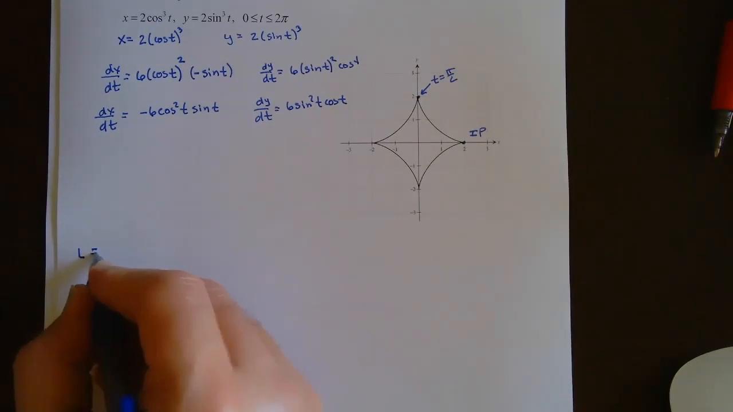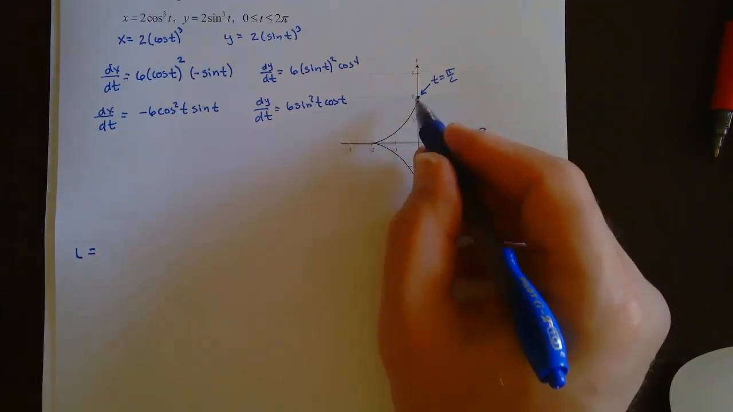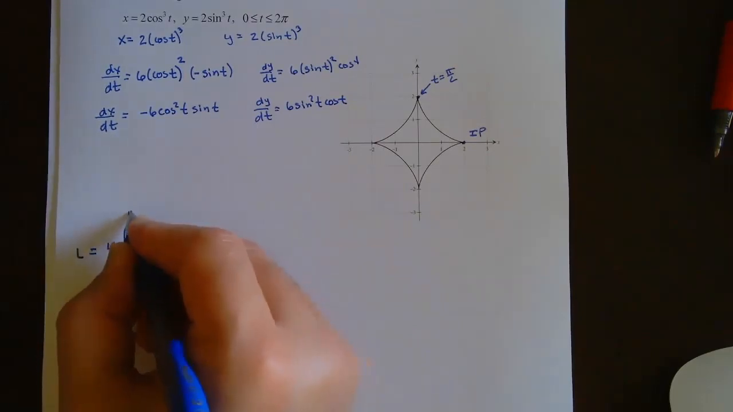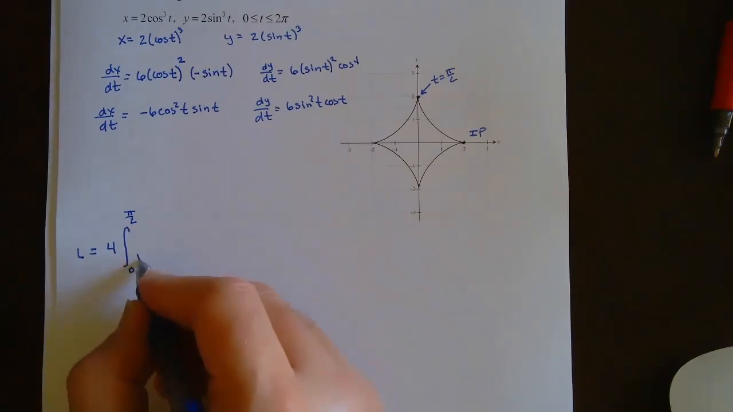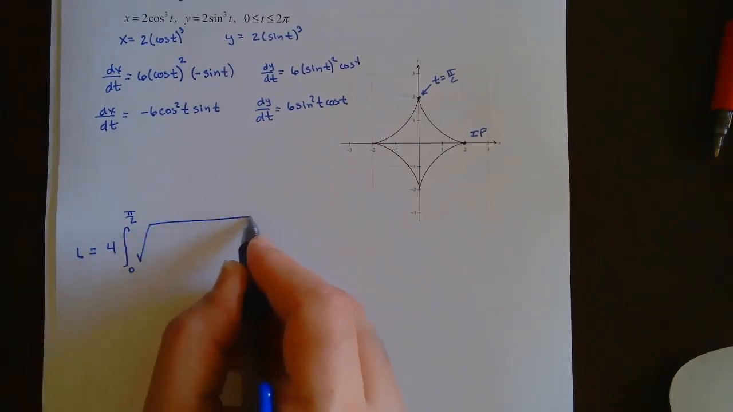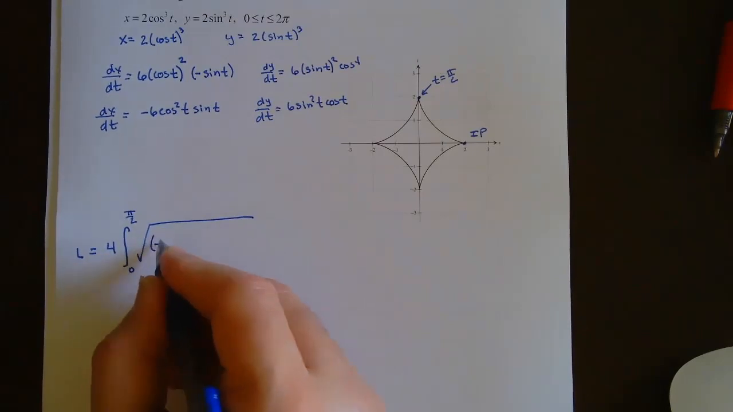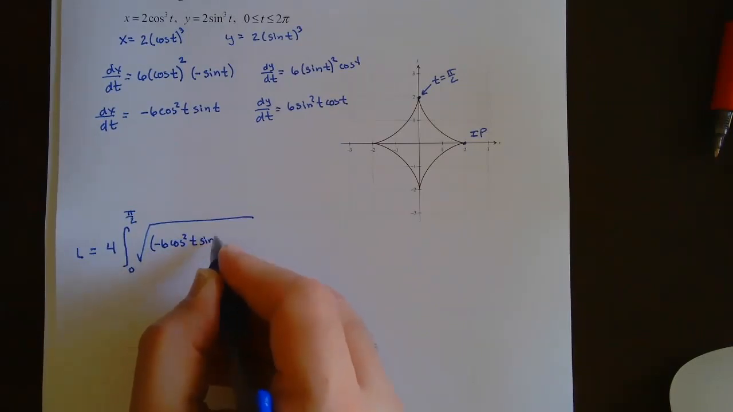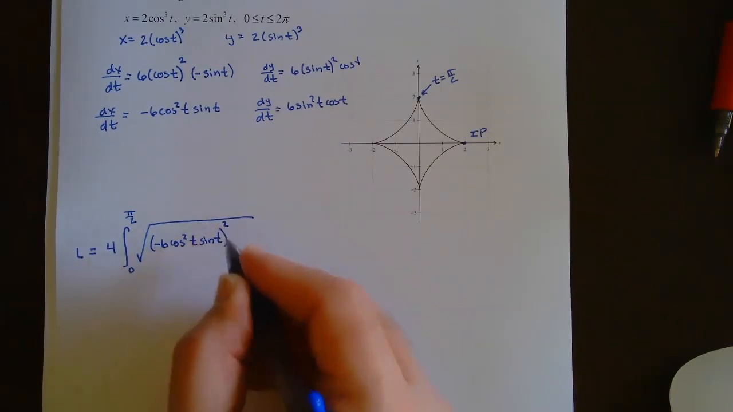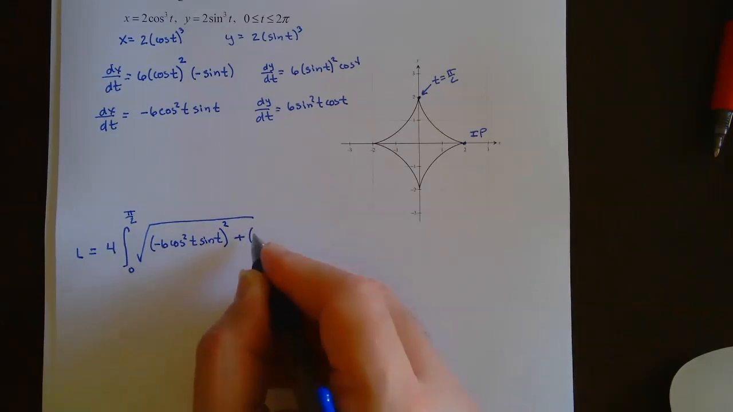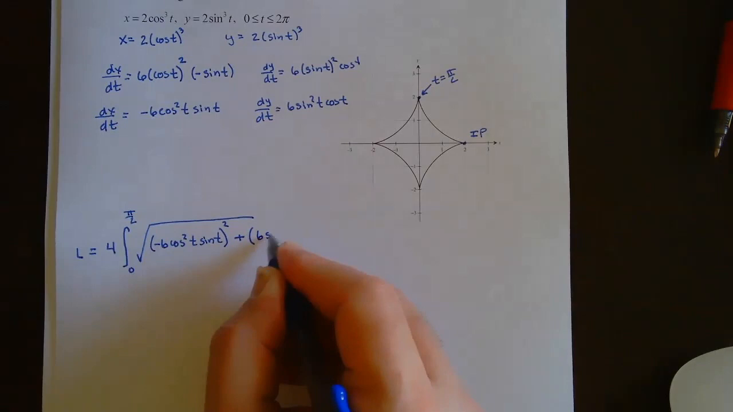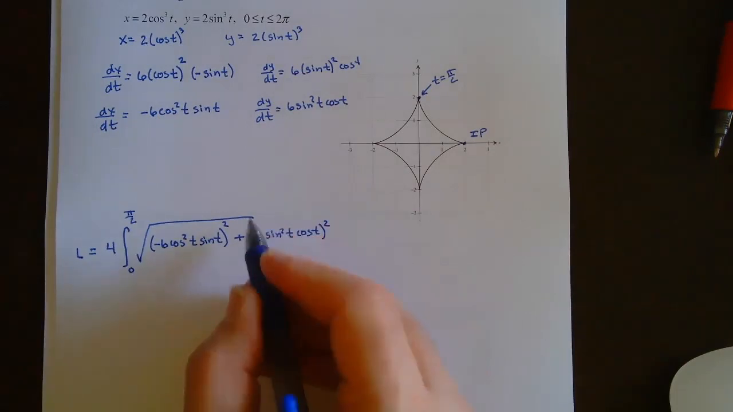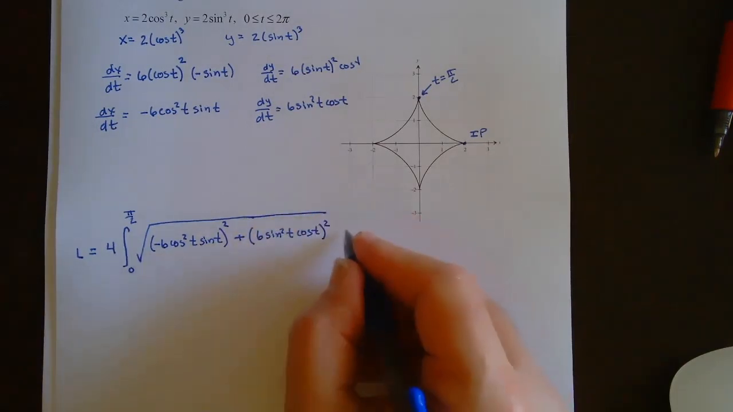So the arc length would be, okay, and we're going to go from 0 to pi over 2, and we're going to multiply it by 4. So 4 times the integral from 0 to pi over 2, the square root of, and it would be (-6 cosine squared t sine t) squared plus dy/dt squared, right? So (6 sine squared t cosine t) squared, extend this long square root,